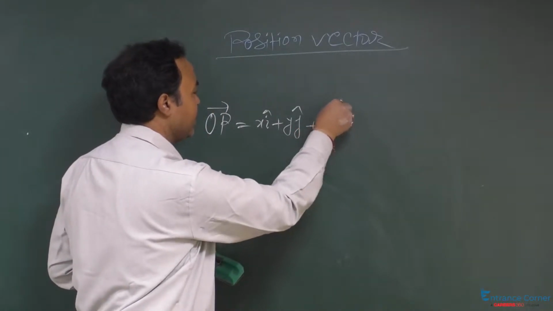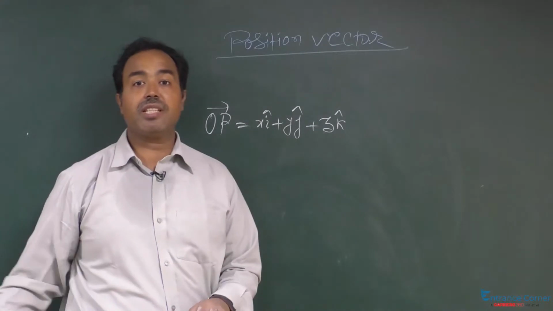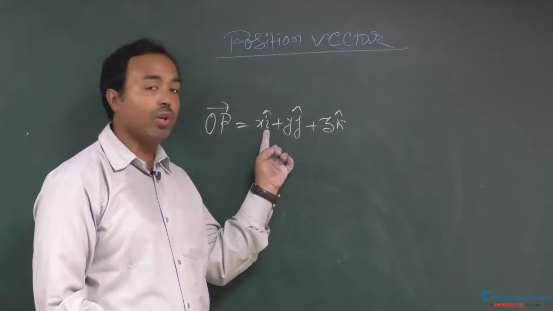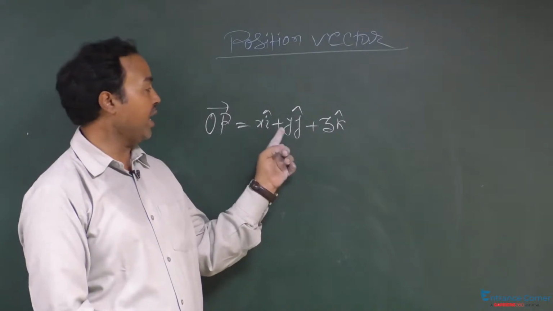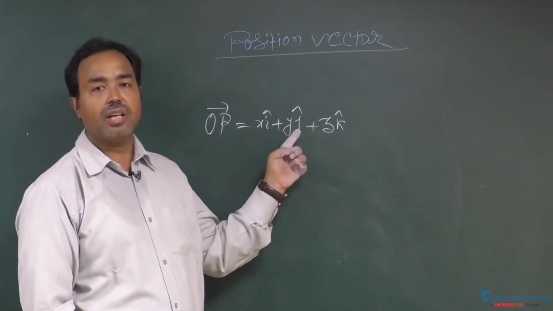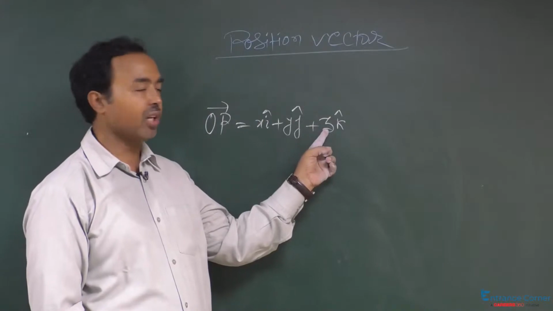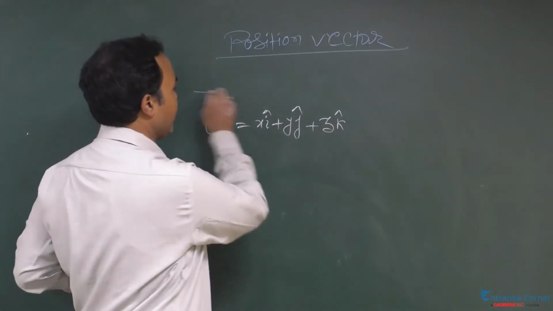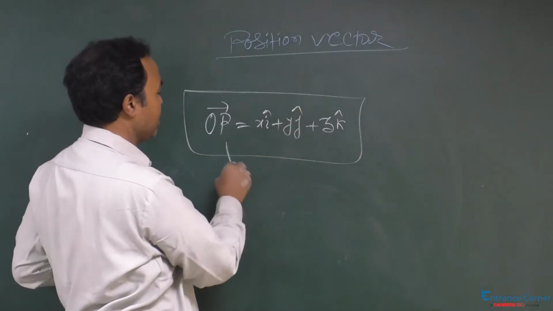That means we simply multiply the x coordinate with the unit vector along the x axis, the y coordinate with the unit vector along the y axis, and the z coordinate with the unit vector along the z axis. And this OP is called the position vector